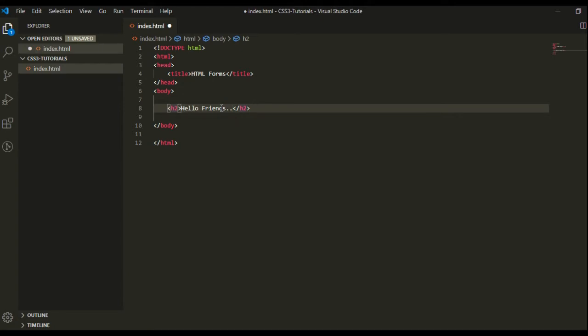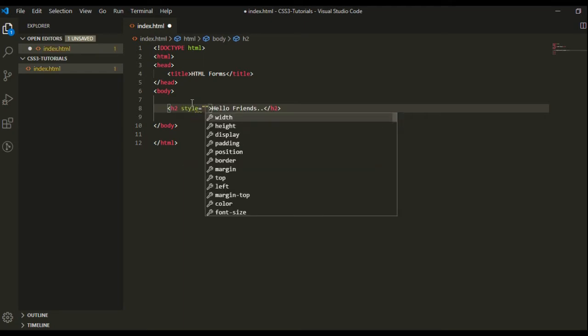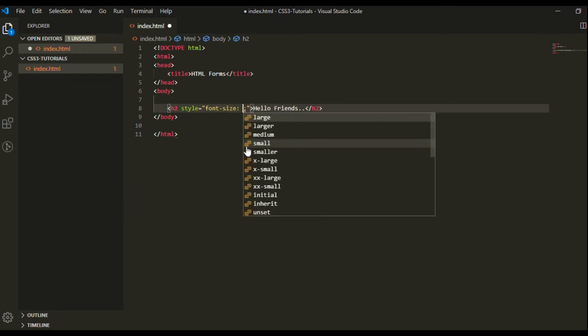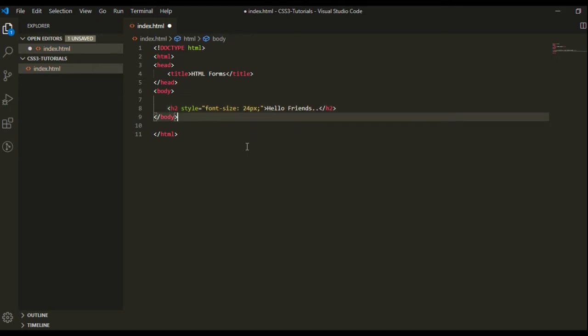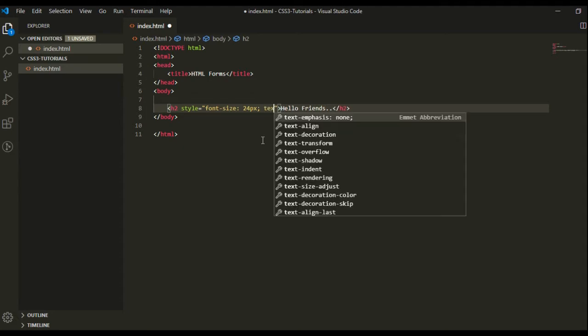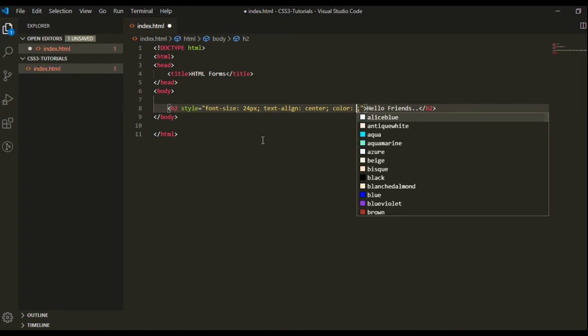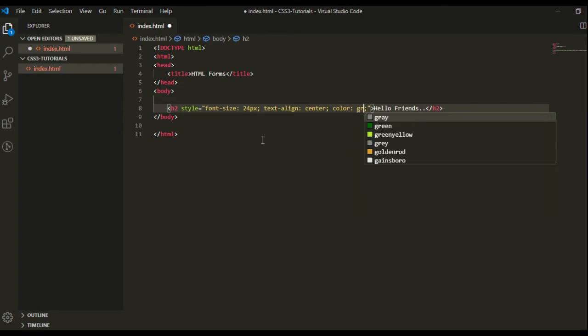When we want to apply inline CSS on the HTML element directly, we have to add the attribute style, and inside the style attribute we give different properties like font size, which you can give in pixels, and text align center, and we can give the color. Here I give green.